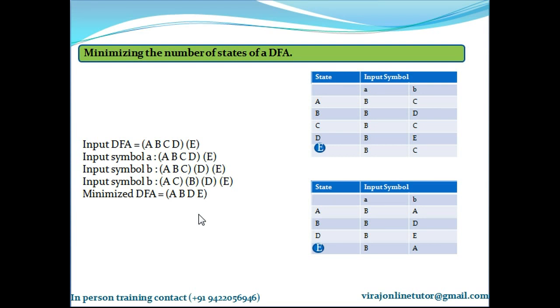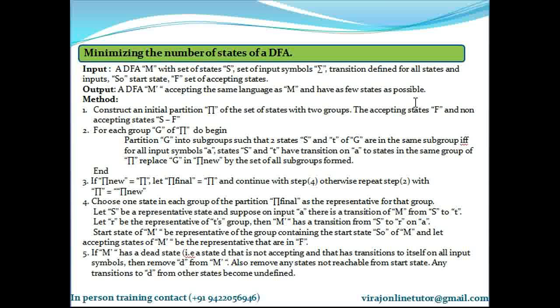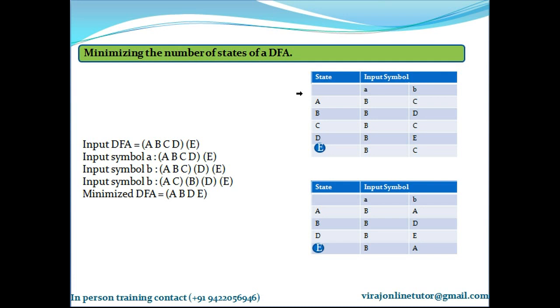So now I'll just correlate this example with the algorithm. I have this DFA that we have as M. This is the set of states. Input symbol sigma is small a and b, the input symbols. Transitions are defined for all the states on all the input symbols. S0 is the starting state, F is the set of accepting states. Accepting and final states are one and the same thing. While I was explaining to you all, I explained E as a final state. E is also an accepting state. Accepting state and final state is one and the same thing. Clear? So I have A as my initial state or starting state.